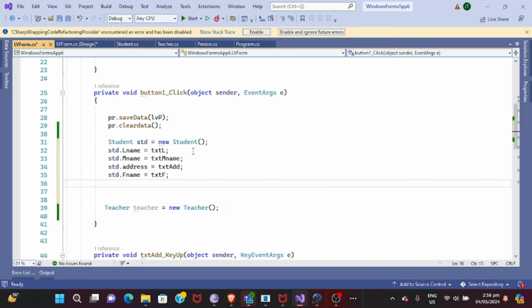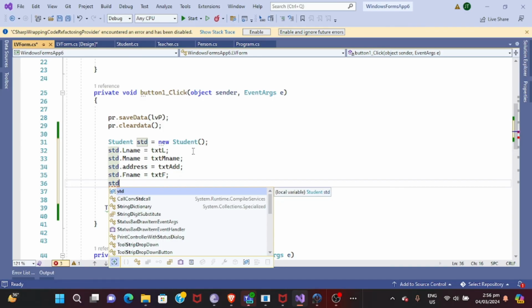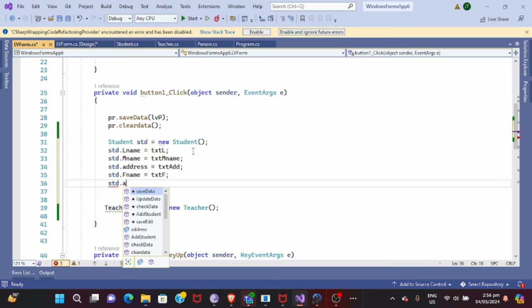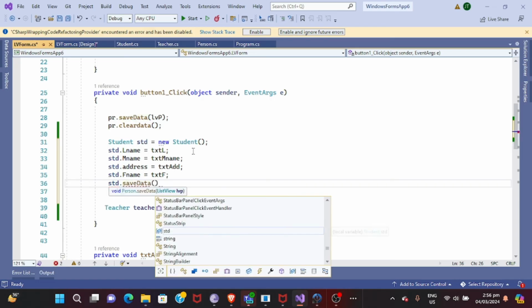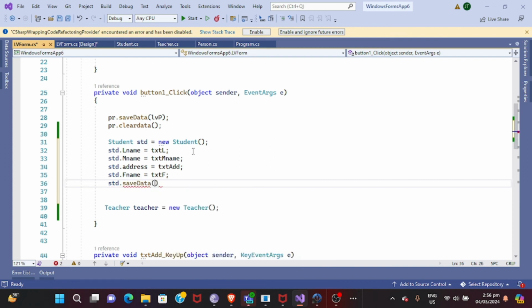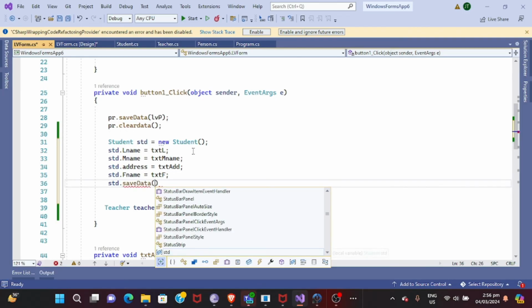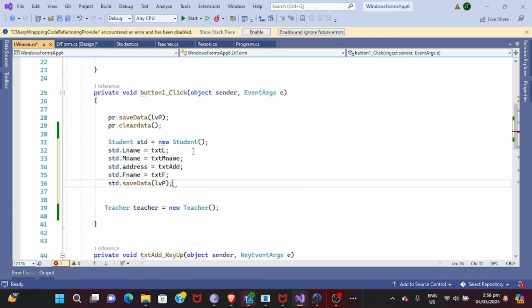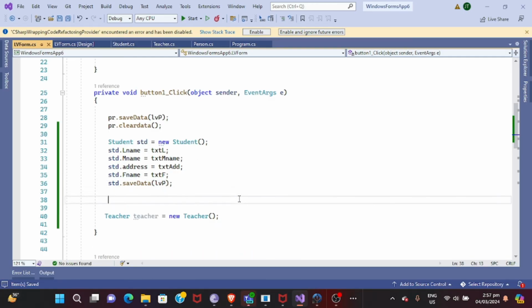Okay, then after that we can now call the function std.savedata. Take note, savedata is listed on the person, not on the student. That is the advantage of using inheritance. So now we can put the actual student list view, which is lb person. Okay, so now if you run the actual program,